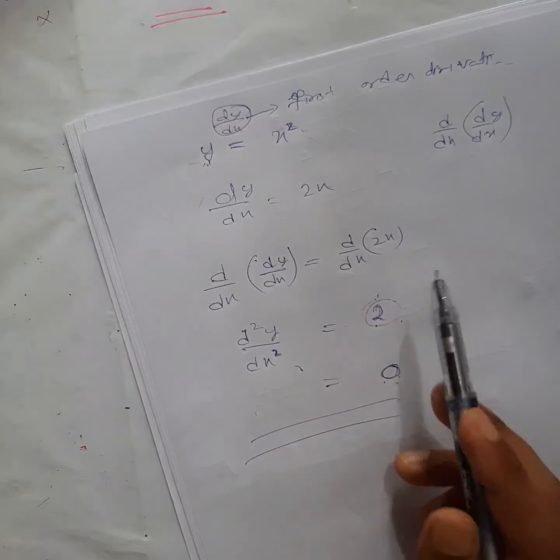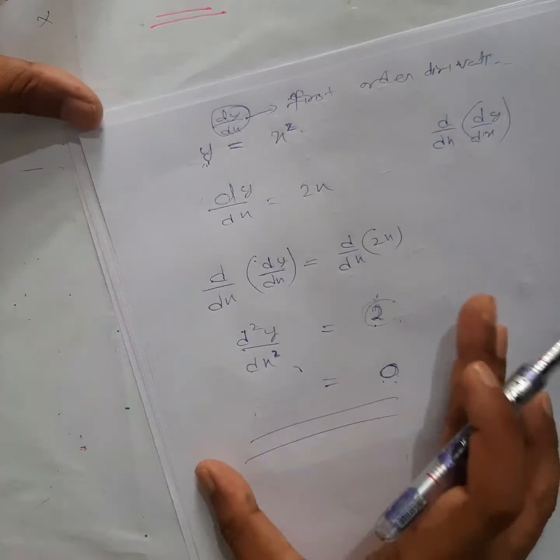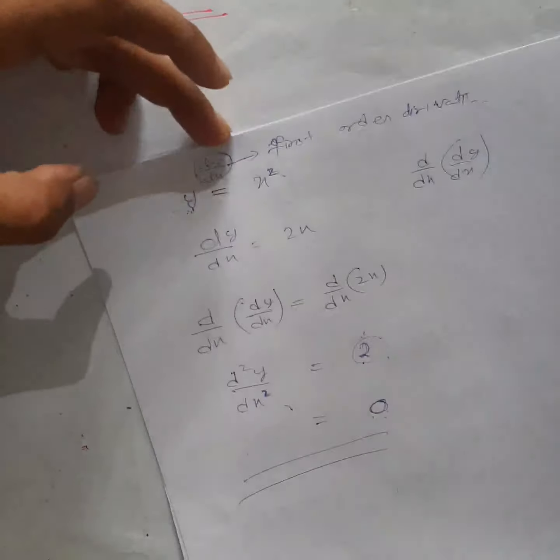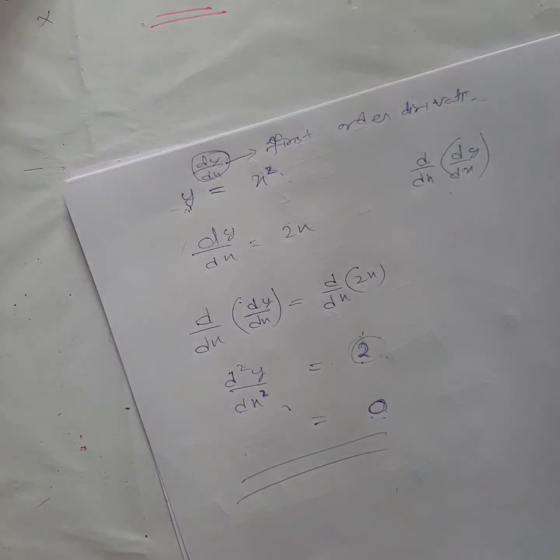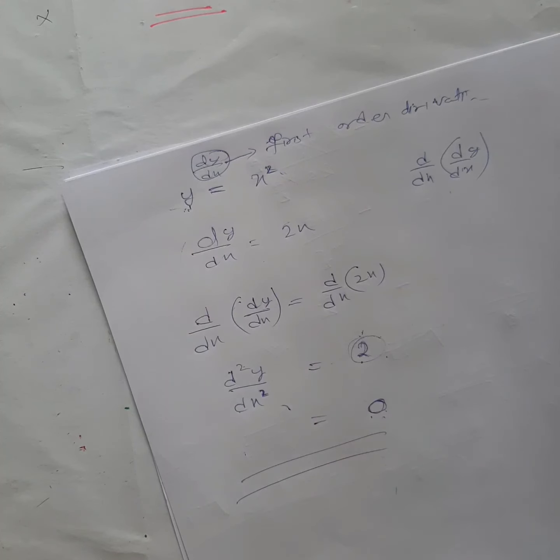Differentiation all depends on how much you practice. Practice the chain rule well first, and then see what kind of functions are given. Some are explicit functions, so learn how to differentiate explicit functions, try to learn how to differentiate implicit functions, learn logarithmic functions and how to use them. And for all these things, identities are also very important. Write down all the identities on a page and paste it on the wall, and every day try to see it. If your identities are strong, then you will find this chapter very easy.